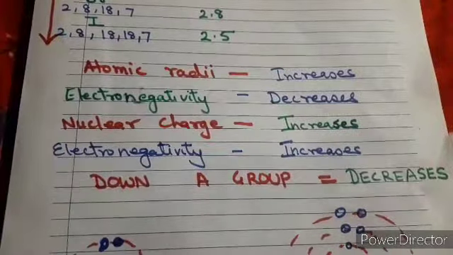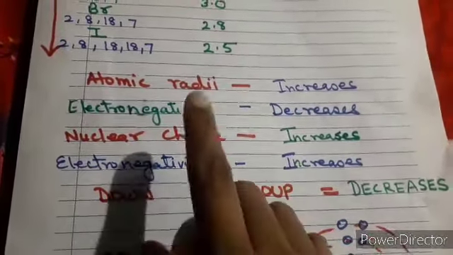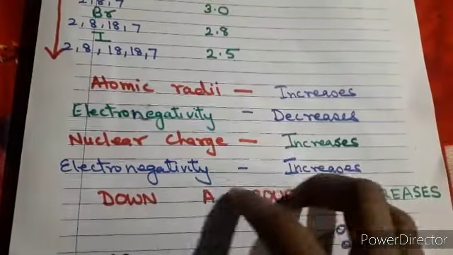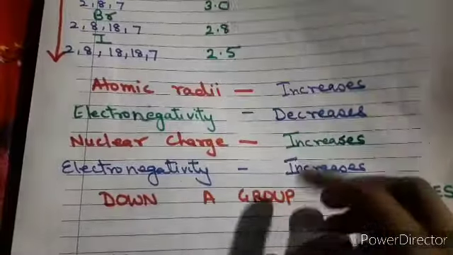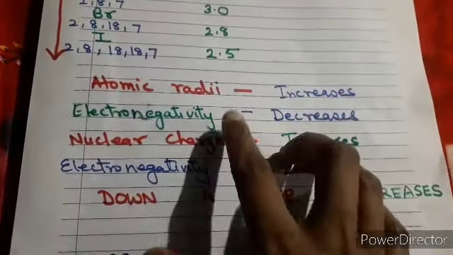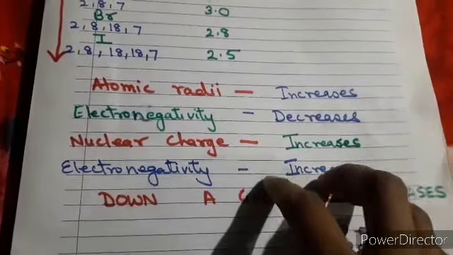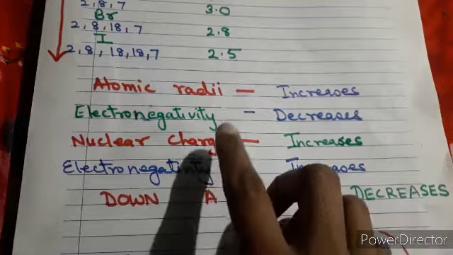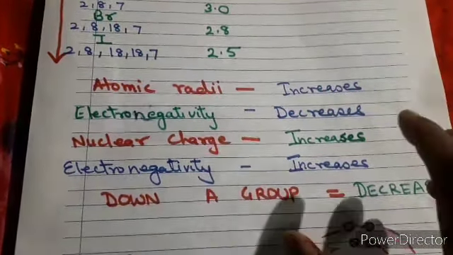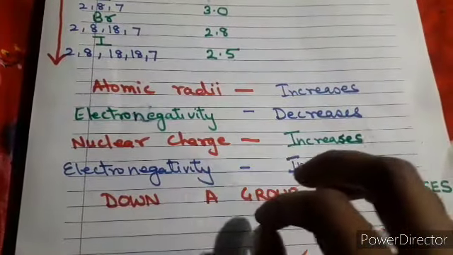I am once again telling you, there are different videos and different factors apart from atomic radii and nuclear charge to explain electronegativity. Maybe somebody will tell you that you can do that, but I am telling you, in your boards we have only these two factors in ICSE. We are talking about ICSE, so in that we have these two factors. Other factors you will not use. Whenever you are portraying your answers, you have to focus on these factors only.